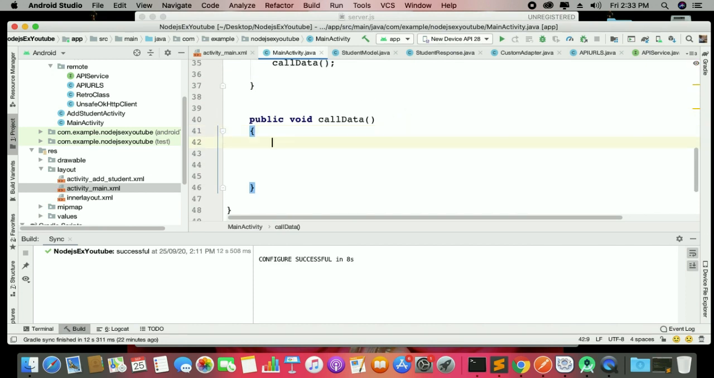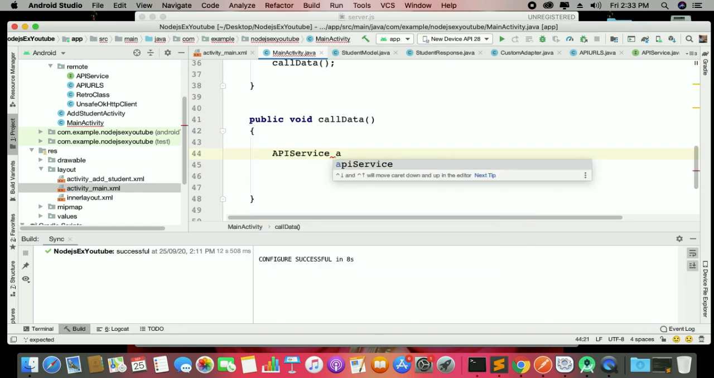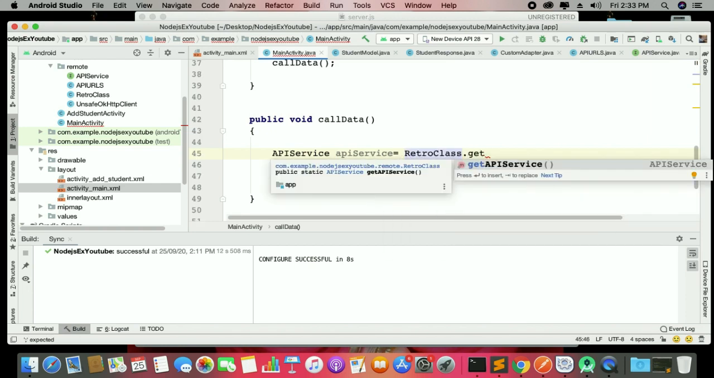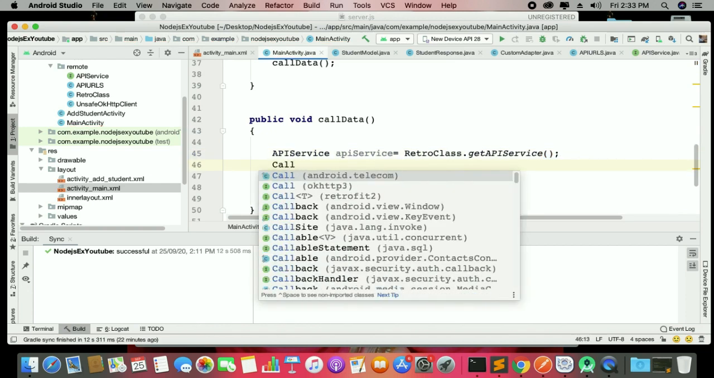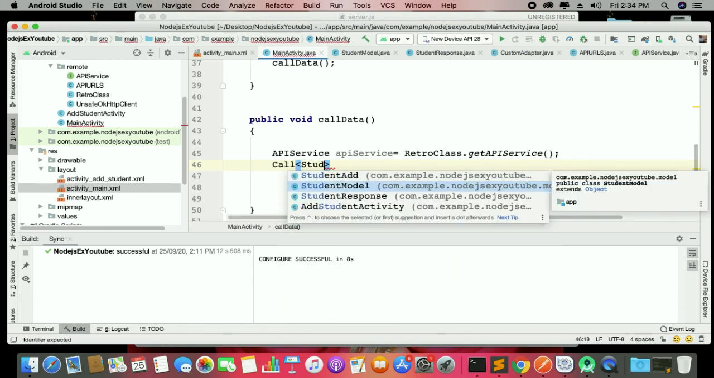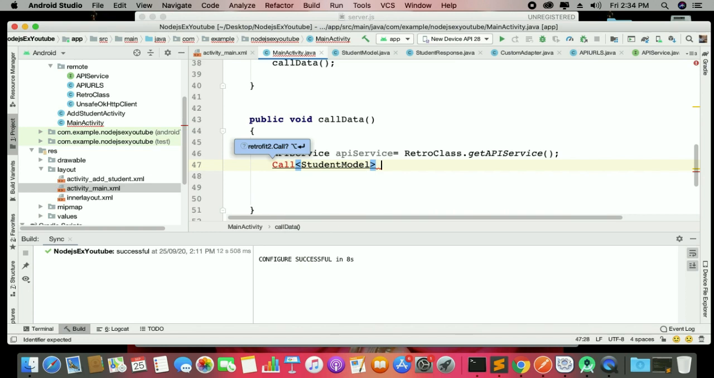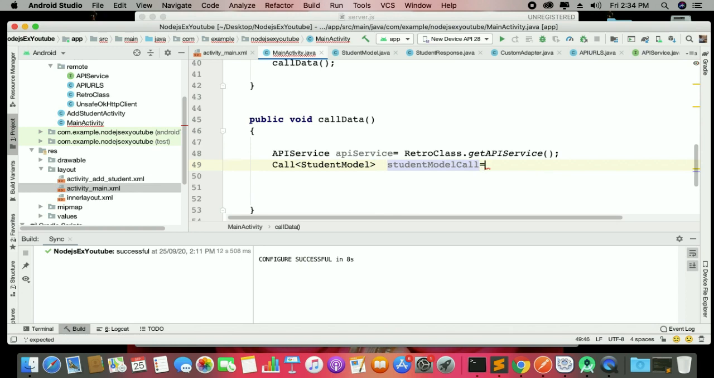Okay, so what to do for this? We have our API service, and make an object, and this is our retro class. I am saying again that those who don't know about the retrofit, just watch my previous sessions in which you can see the details of how we can get and use that. Retrofit is an easy way. Okay, so this is our student model, this is your student model call, and this is your API service dot get student list. So easy. And when you call this,